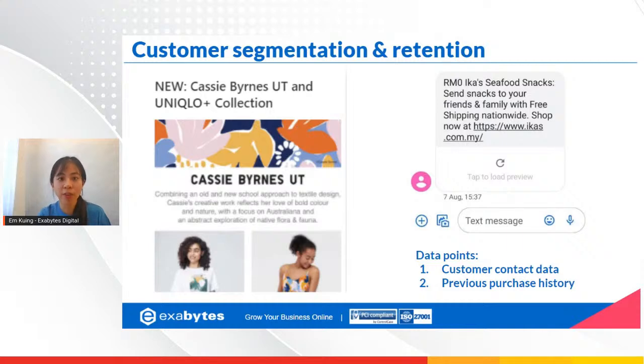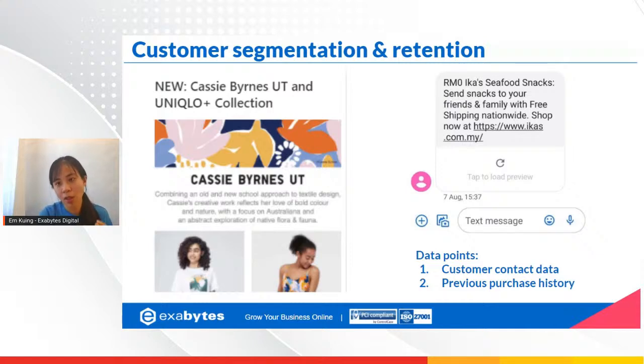For example, if I am a customer that bought a UT t-shirt, and you segment customers that bought the UT t-shirt into a customer group, when you launch a new collection of UT t-shirts, you will be able to send a message to these customers and say, hey, there's a new product launch. Or for example, if I bought a pair of shoes, and now I also sell accessories like shoelaces, socks, and so on, you can segment your customers again and show them